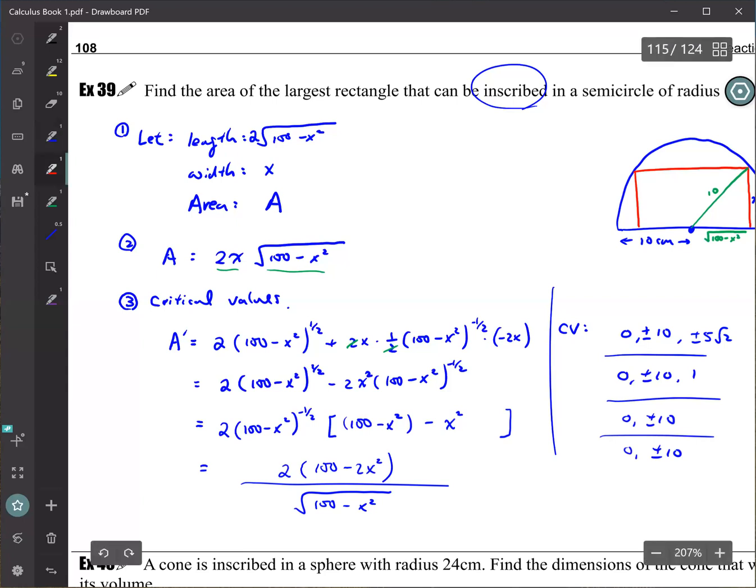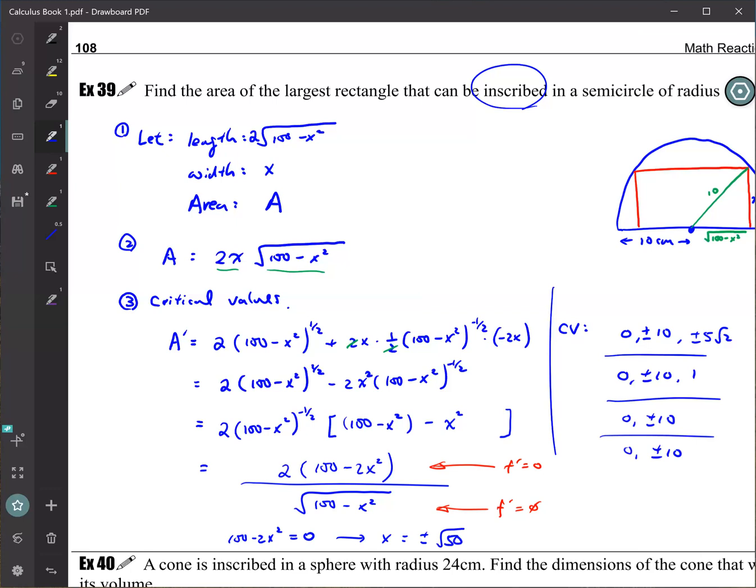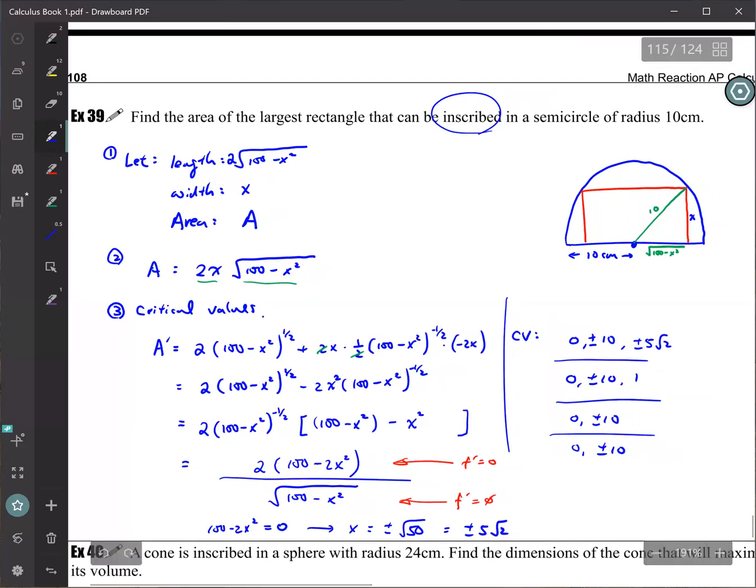Okay, so critical value, you need to get it from the top equal to 0, and then the denominator is when f prime is undefined. So from the denominator, you will have plus minus 10. And then from the numerator, 100 minus 2x squared, if you make it equal to 0, x will be plus minus root 50, and then that can simplify into 5 root 2. So that's where Jesse got the plus minus 5 root 2 from. Right, so you should have a total of